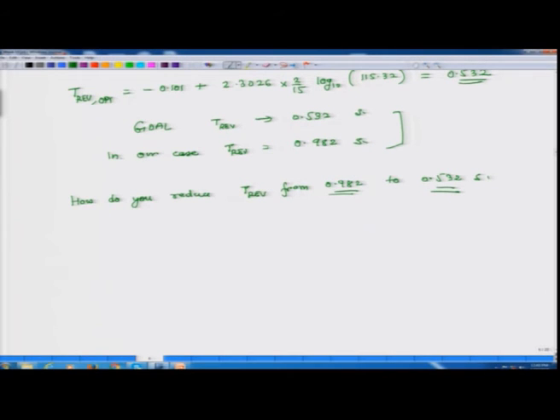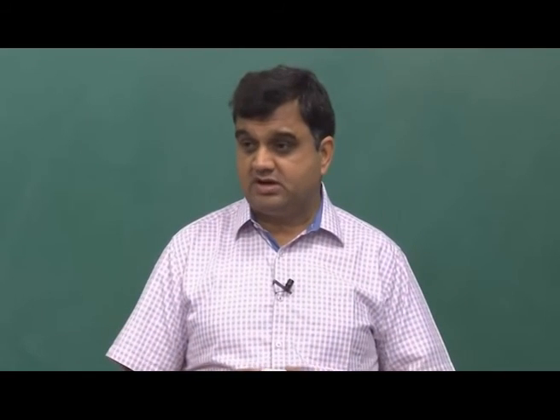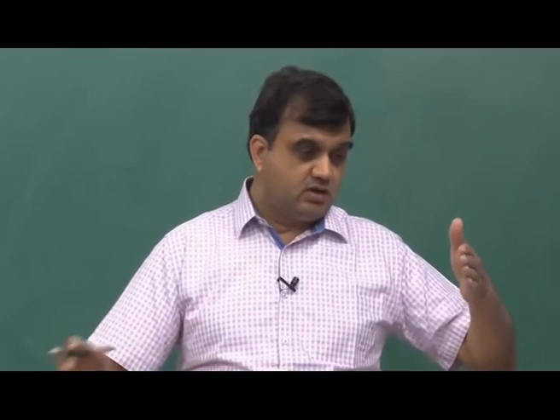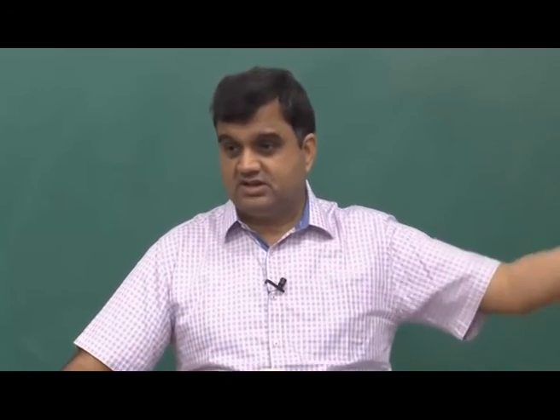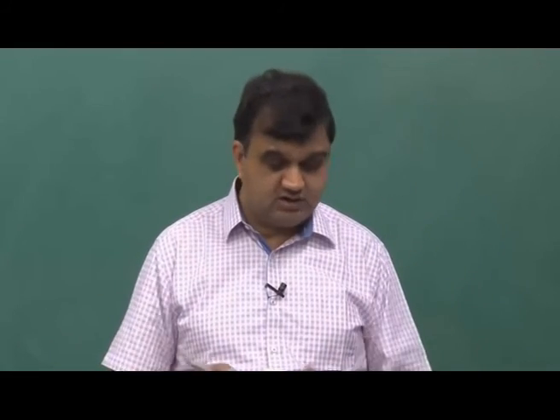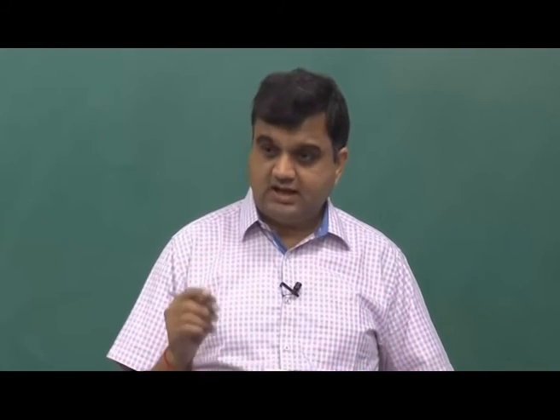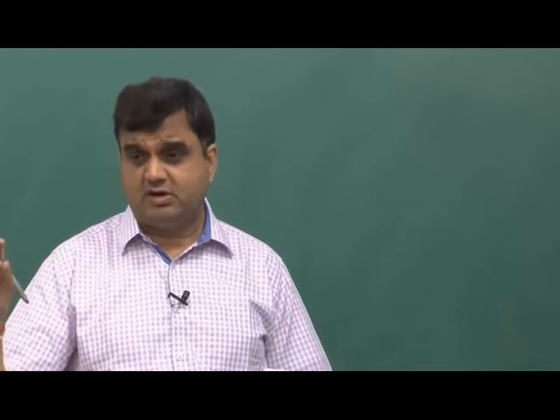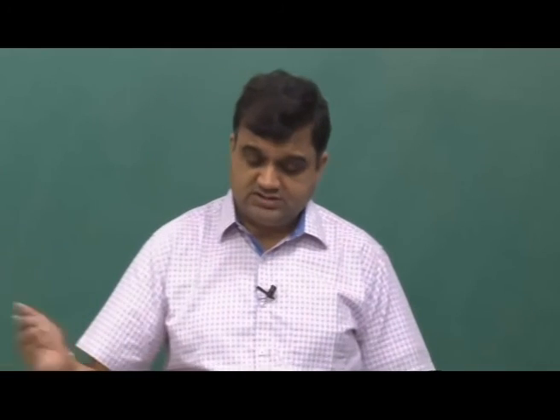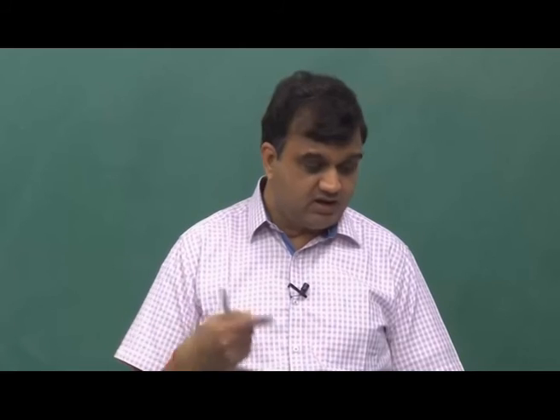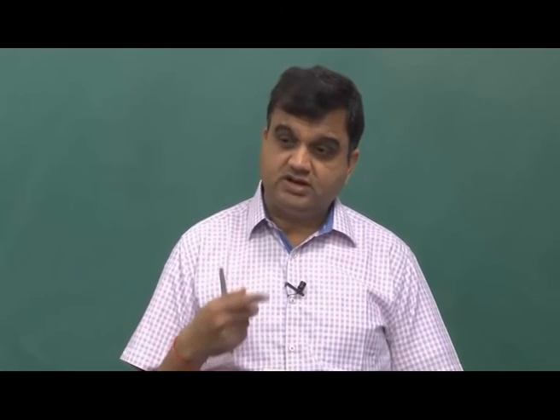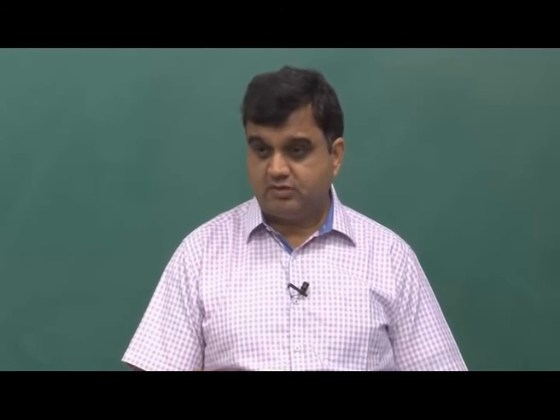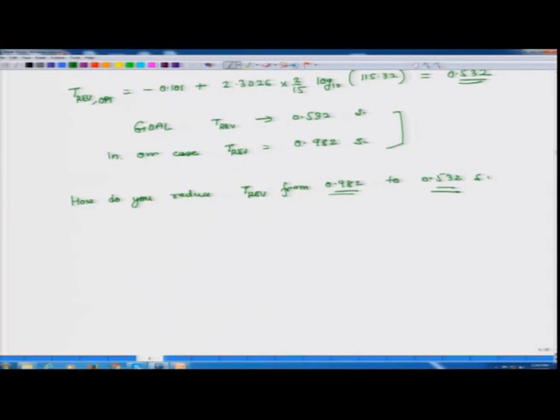So, if I use heavier curtains or better sound absorbing materials or false panels behind which there is some air gap, all those types of techniques can help me increase the value of alpha x bar and alpha y bar significantly, and that will cause this T-rev to go down. So, I have to again engineer and see what kind of materials I can use, so that my reverberation time goes down from 0.98 to 0.532 seconds.